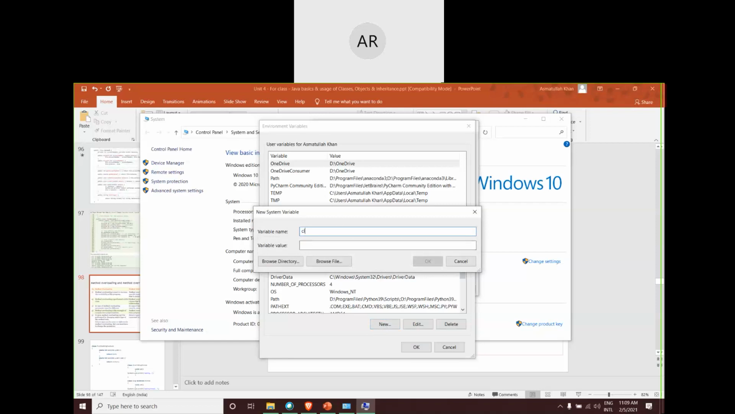Okay. Type here as a variable name: CLASSPATH, without any space. Do remember, without any space. Class path. Simple. Now for its value,